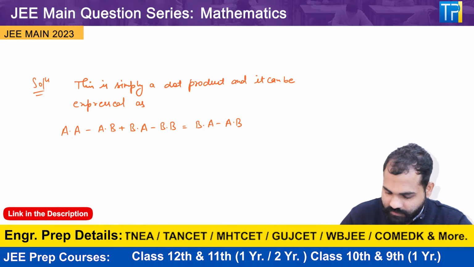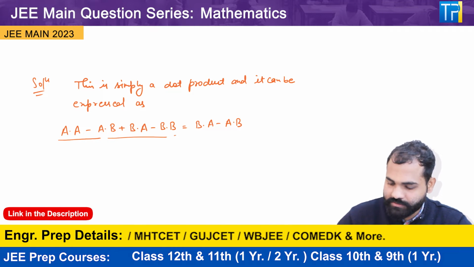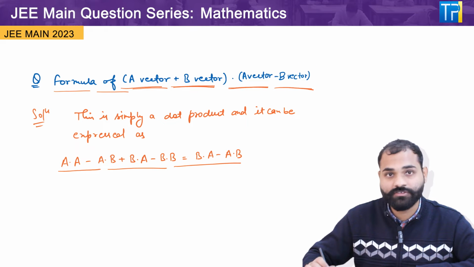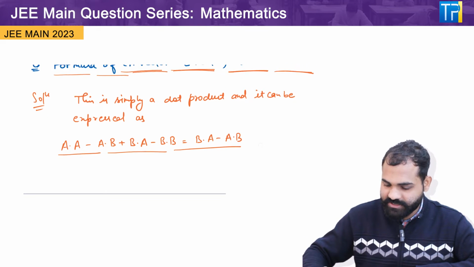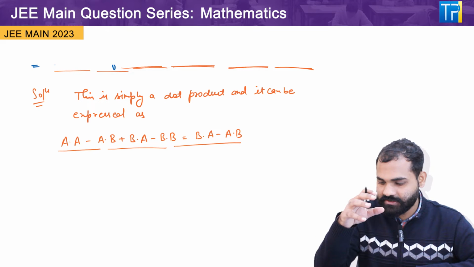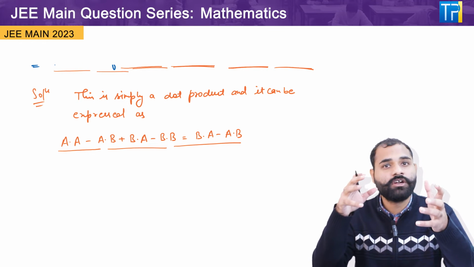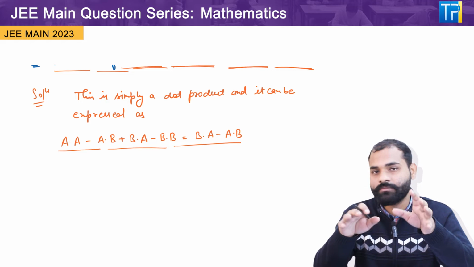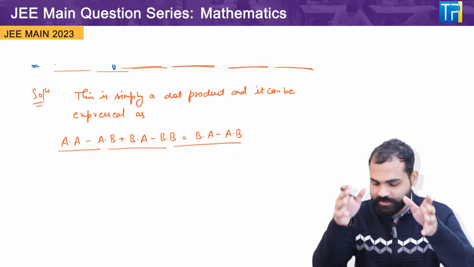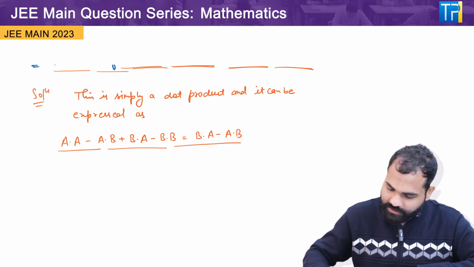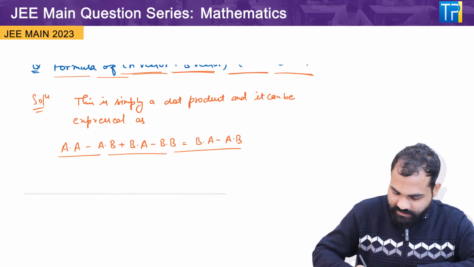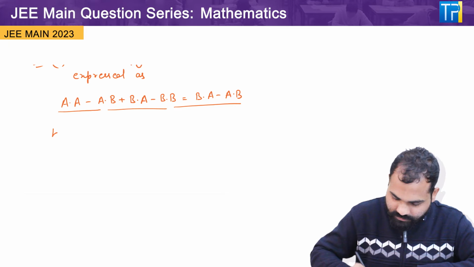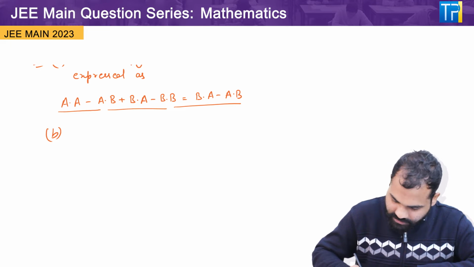So this is one way that how you can solve this a vector plus b vector dot a vector minus b vector. And in mathematics, there are several ways that you can solve a single question. Like there are a number of ways to solve a single question. So this is just a way. Let's say we have solved this by a, and if we talk about the second way, let's say b, we have